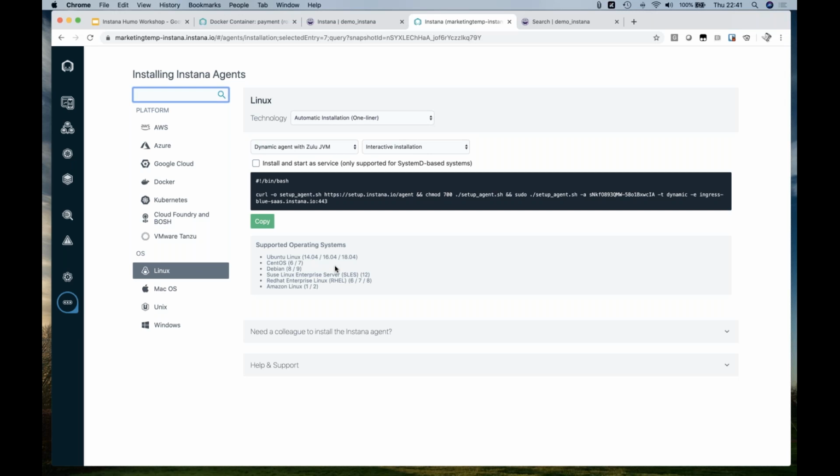So maybe in your code, there's a particular function that you want to track how well it's performing. Maybe it's doing some complex maths. Then you can put a start and end span around that, and that will show up as a child span